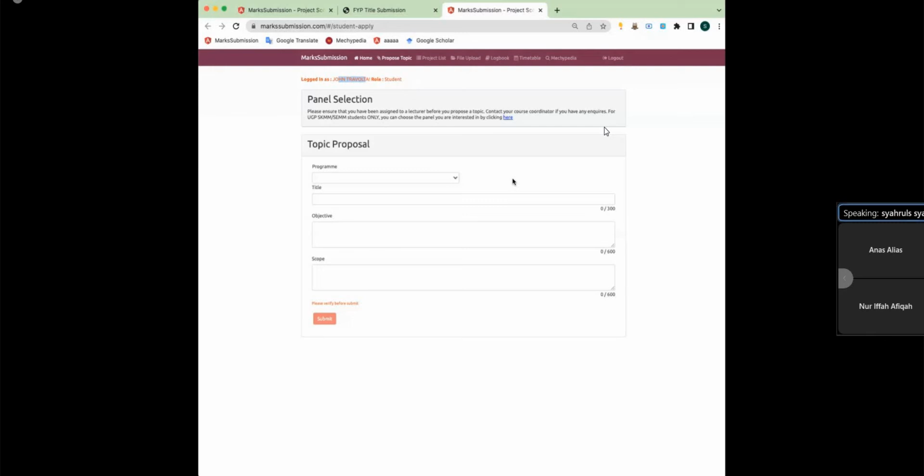Sila pilih nama supervisor yang awak telah berbincang dengannya. Kerana apa? Mungkin pensyarah yang tak kenal awak, dia tidak akan terima awak. So, nama awak akan hanging sampai bila-bila. Okay, so dia mungkin tidak akan check kerana dia rasa pelajar yang berbincang dengan dia belum hantar tajuk. Okay, please make sure that first you discuss with your supervisor, and then you propose your topic from the mark submission apps. Okay, so and then,